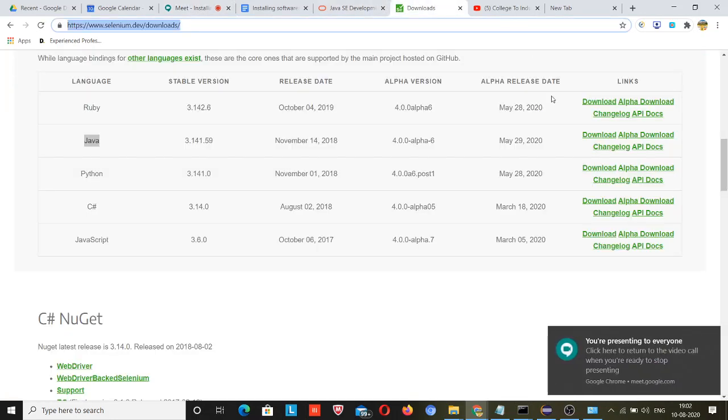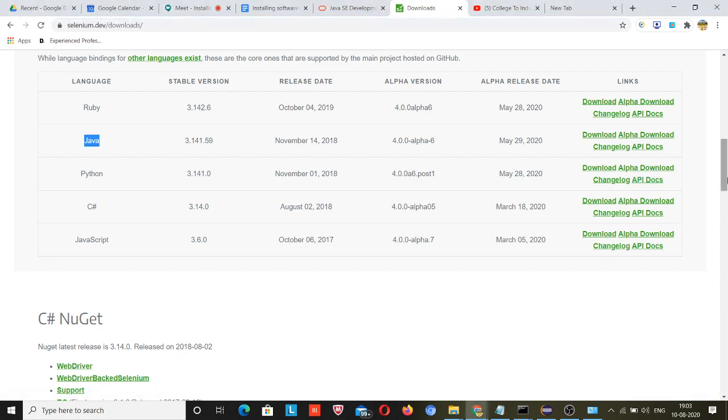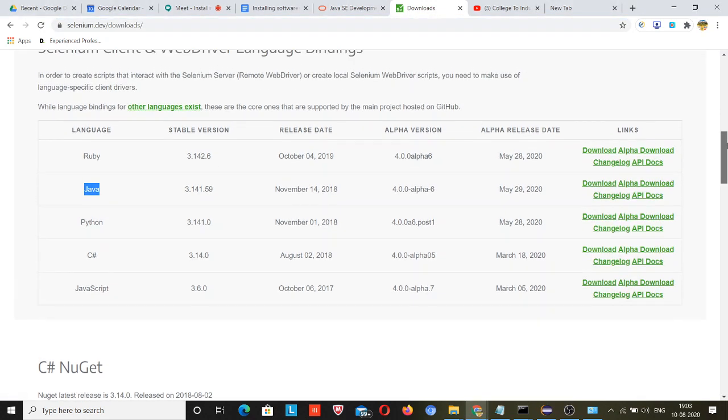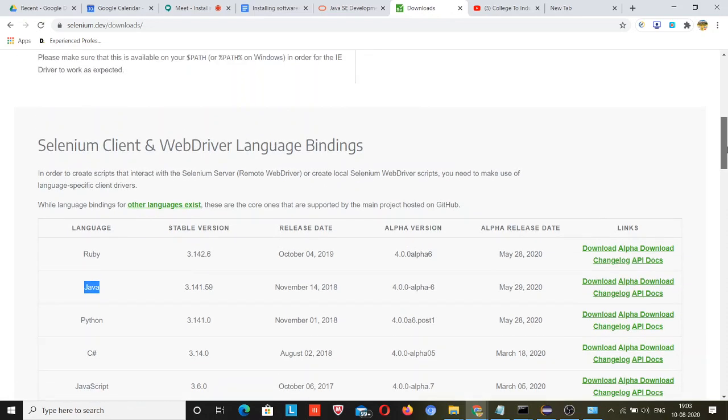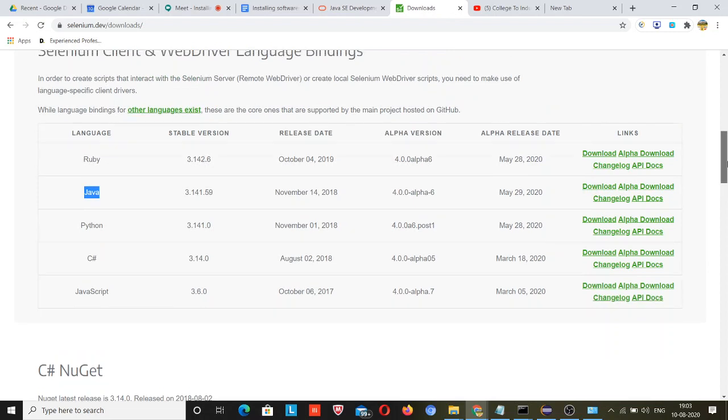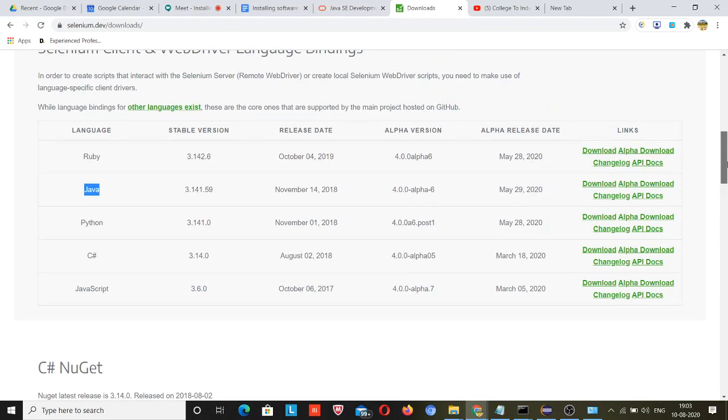And if you are using Mac OS, you have installed Java on your machine, right? Whichever language you are using, relevant to that language, you can download the Selenium jars. Selenium is third party, so that's why we have to add those jars inside our project. How to add those jars inside the Java build path and libraries folder, I will tell you when the day comes to use Selenium.